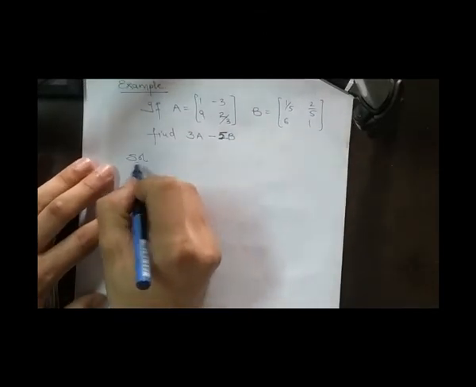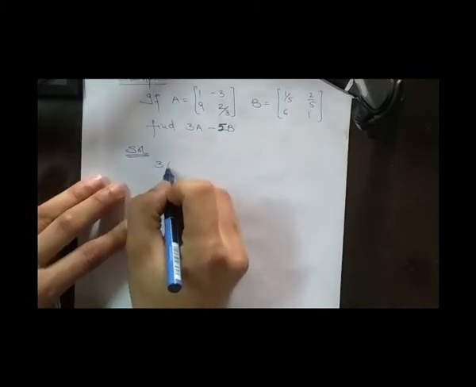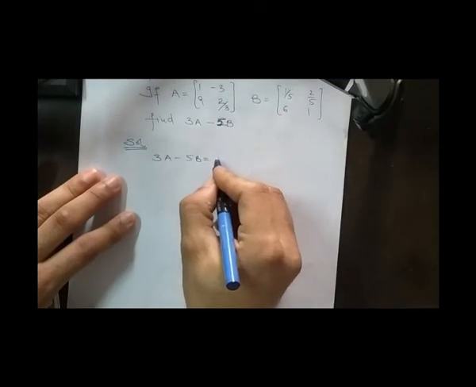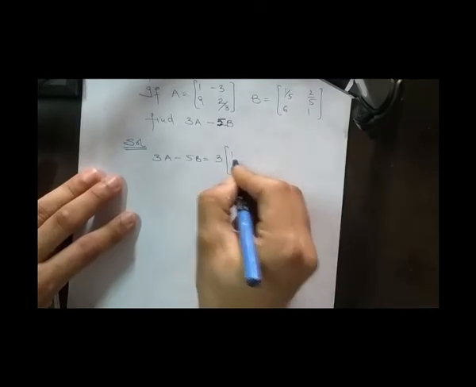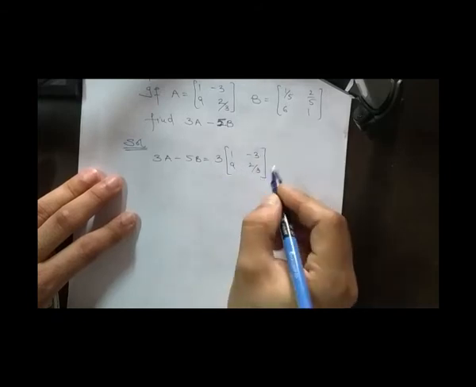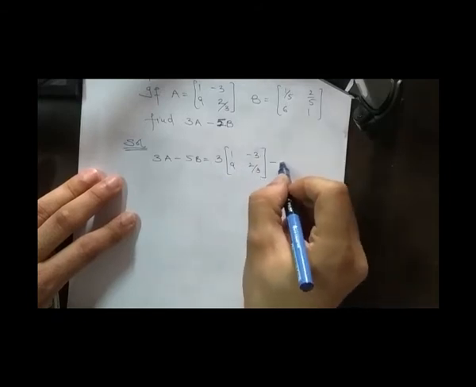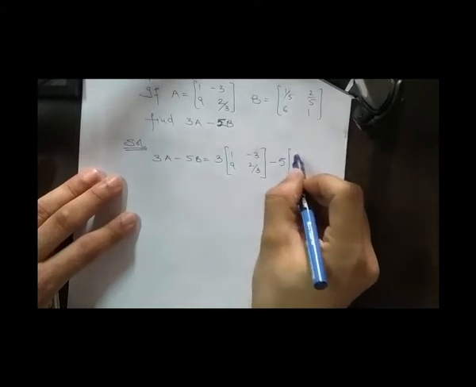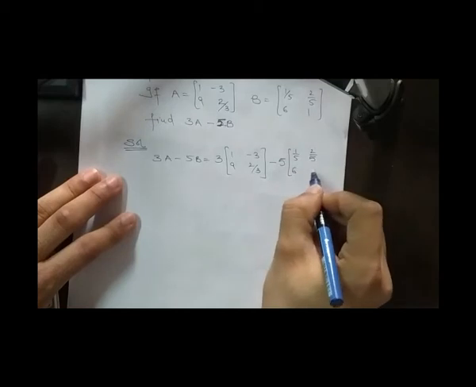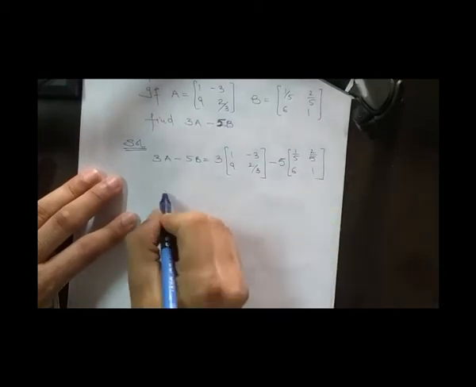The solution is 3A minus 5B is equal to 3 into A, which is 1 minus 3, 9 2 by 3, minus 5 into 1 by 5, 2 by 5, 6, 1, that is equal to